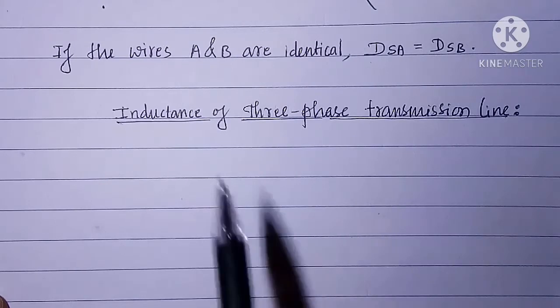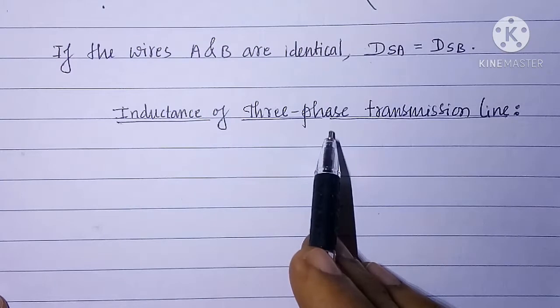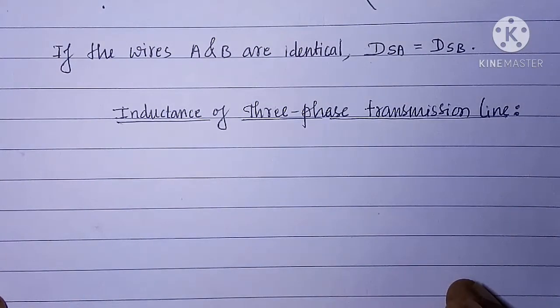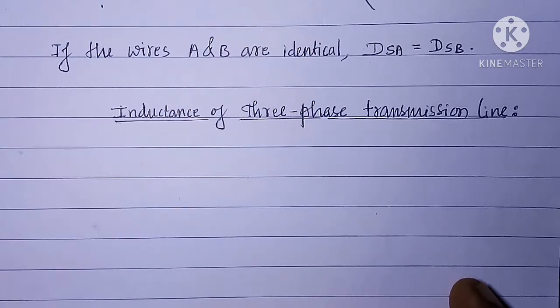The three conductors in case of three-phase single circuit system may be placed on the vertices of an equilateral triangle or a scalene triangle. If the three conductors are placed on the vertices of a scalene triangle, then the three-phase transmission line is said to be a three-phase transmission line with unsymmetrical spacing.